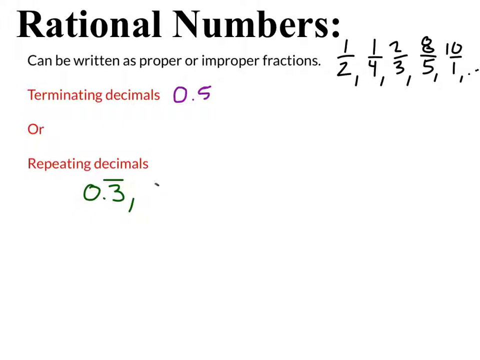Or maybe something like 0.1 repeating. Wait, what's 0.1 repeating? Sometimes the decimal has many numbers that repeat, like 5, 1, 2, and then all three repeat. So 1/3 would be 0.3 repeating. Alright, now that first number, the whole value in the ones place, does not have to be a 0. Sometimes it can even be negative, so like a negative